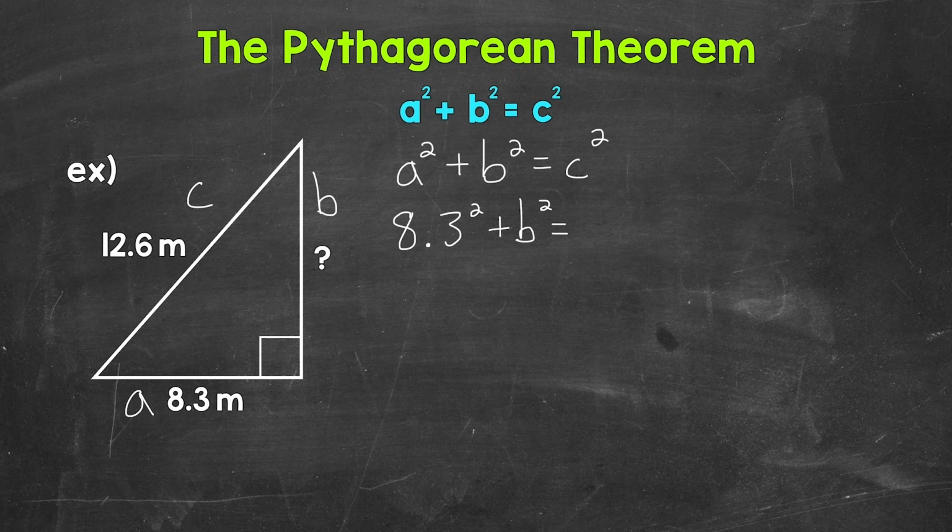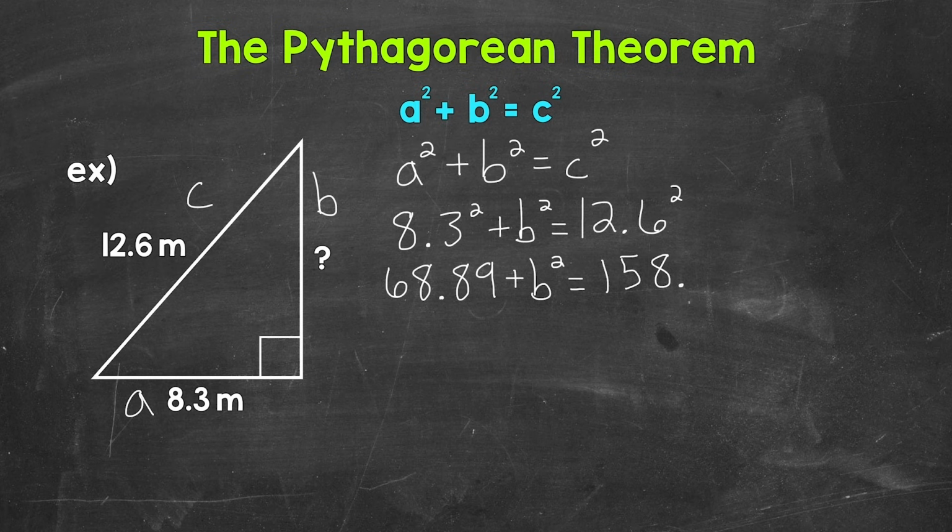So C is the hypotenuse. That's 12 and 6/10 meters. So plug that in, and that is squared. Now let's work through this equation in order to find out what B equals. 8 and 3/10 squared gives us 68 and 89 hundredths plus B squared equals 12 and 6/10 squared gives us